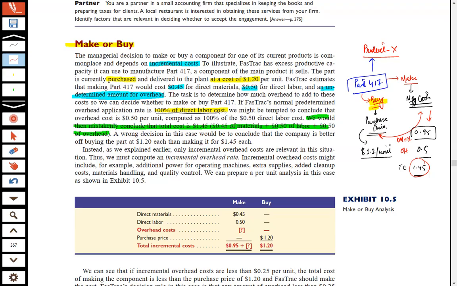We can prepare a per unit analysis in this case. Now, what is important is that we should go for the incremental overhead rate. Is it the way we did in the previous question? Yes, because we cannot apply 100% of the direct labor cost,